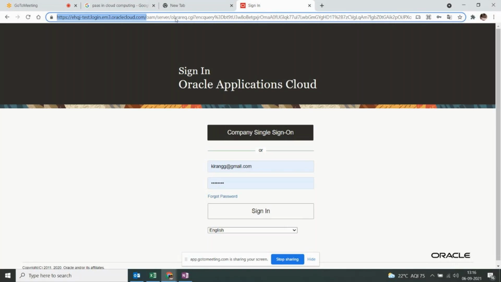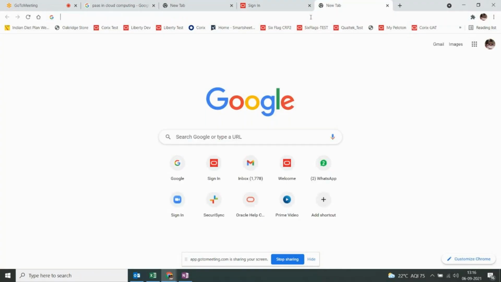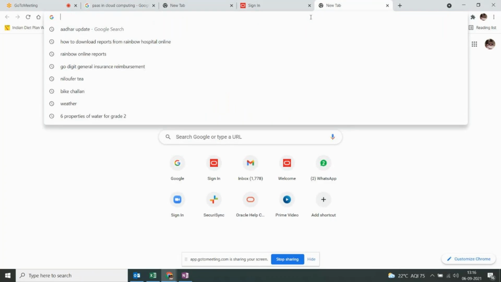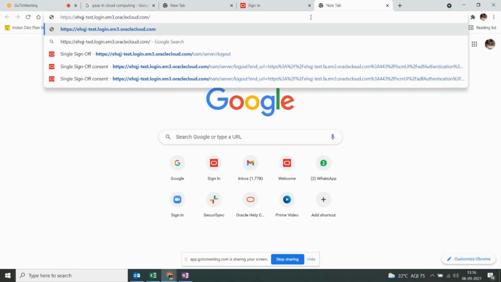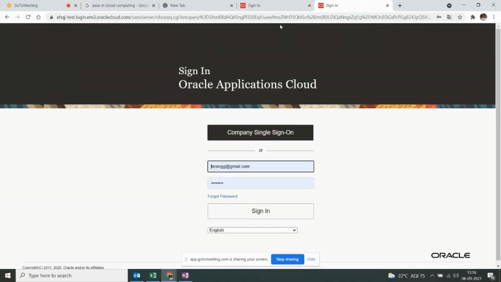If you copy this and go to a new web page and give the URL, it will ask you to sign in to the application. So you have to give your username, and then you have to give your password as well. Once you have your username and password, then you can sign in. So let's see.